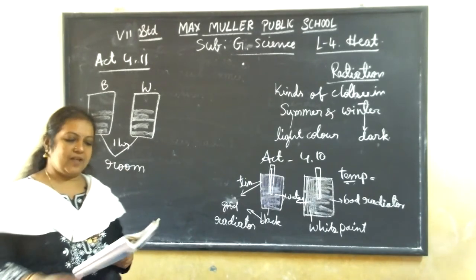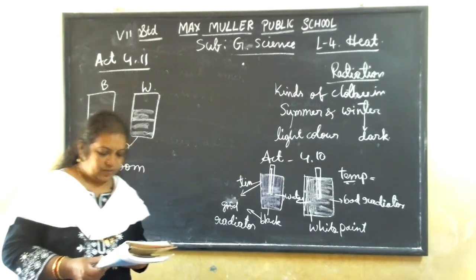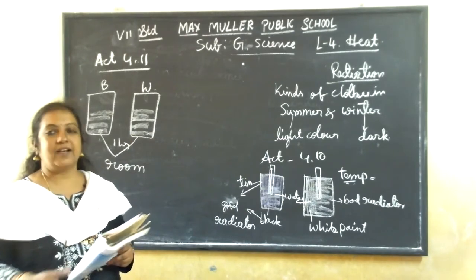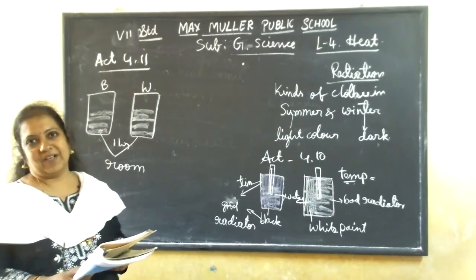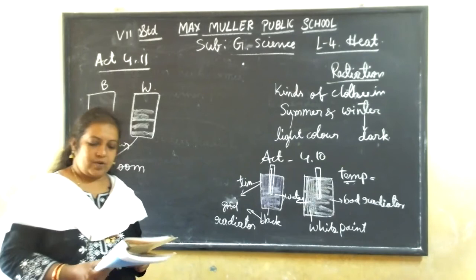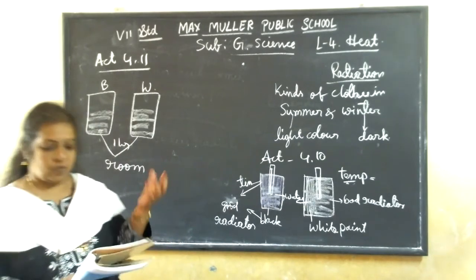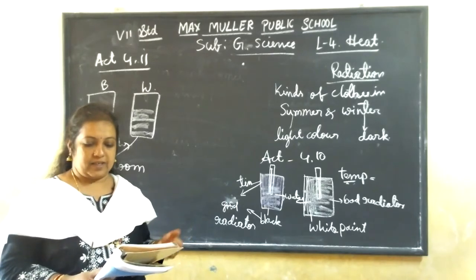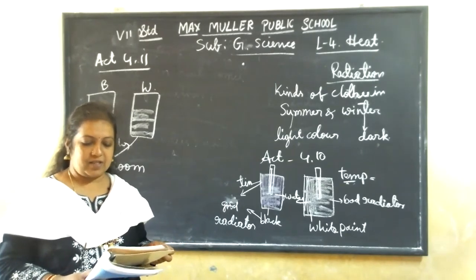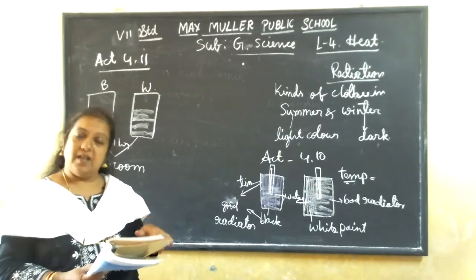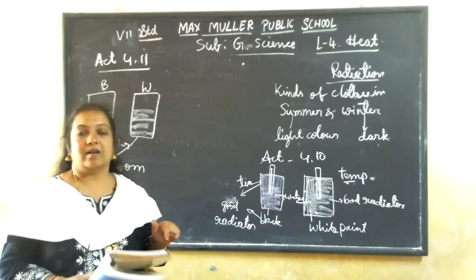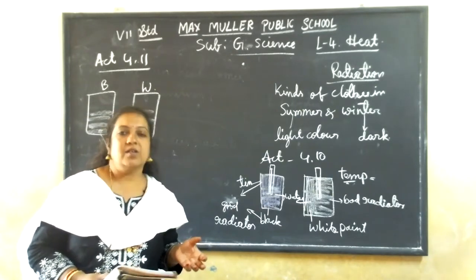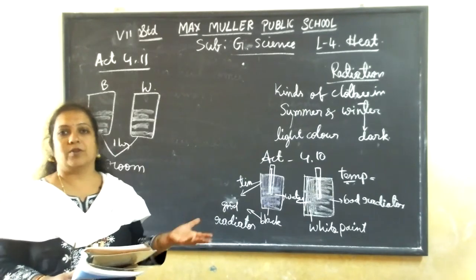You have to give me the reason. Okay. So why is it comfortable to wear white or light colored clothes in summer and dark colored clothes in winter? As I already told, dark surfaces absorb more heat, and therefore we feel comfortable with dark colored clothes in the winter. In winter, we use dark colored clothes because they absorb more heat. Light colored clothes reflect the heat more.